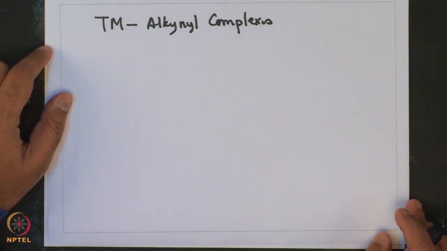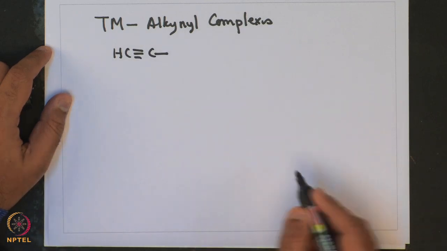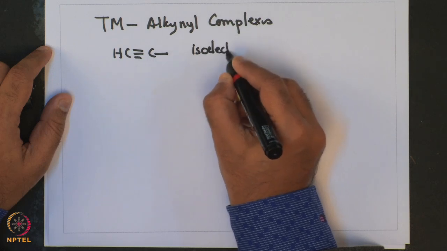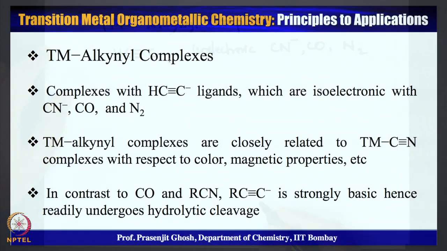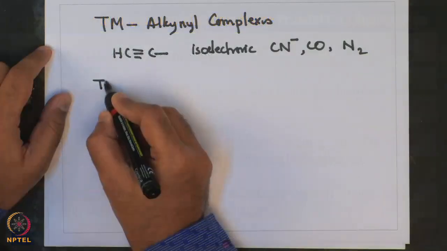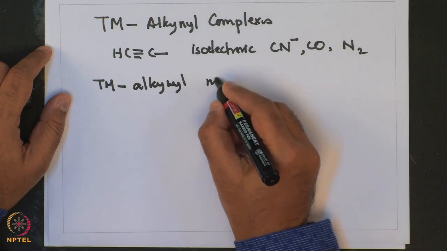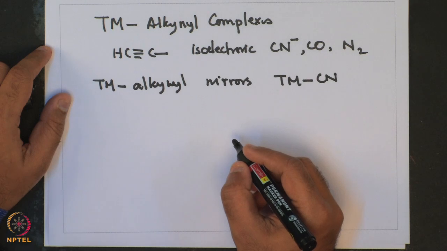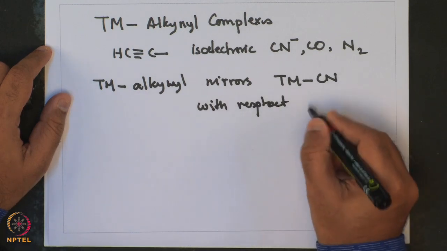These transition metal alkynyl complexes are complexes with ligands of the type where there is an alkyne triple bond, and these ligands are isoelectronic with cyanide, carbon monoxide, nitrogen, and these transition metal alkynyl complexes mirror transition metal cyanide complexes with respect to color and magnetic properties,